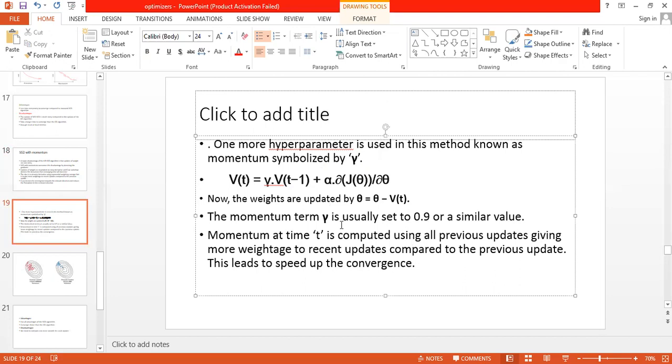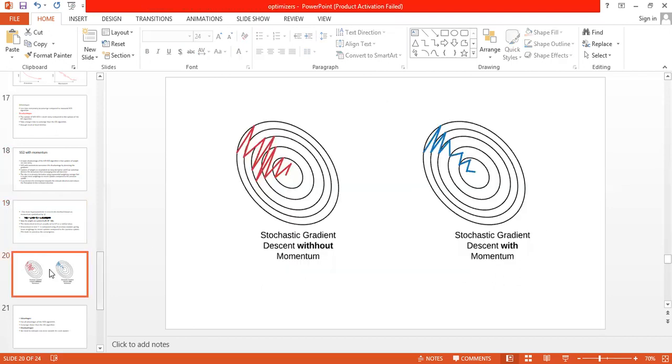Now we have already talked about the weights update, and the speed of the convergence. So this is the diagram you can visualize here. You can see that in gradient descent without momentum, the fluctuations are very frequent, and the directions are far from the direction of the local minima. But in SGD with momentum, the directions move towards the local minima. It tries to converge in that direction, as well as reduce the noise in the gradient calculation.